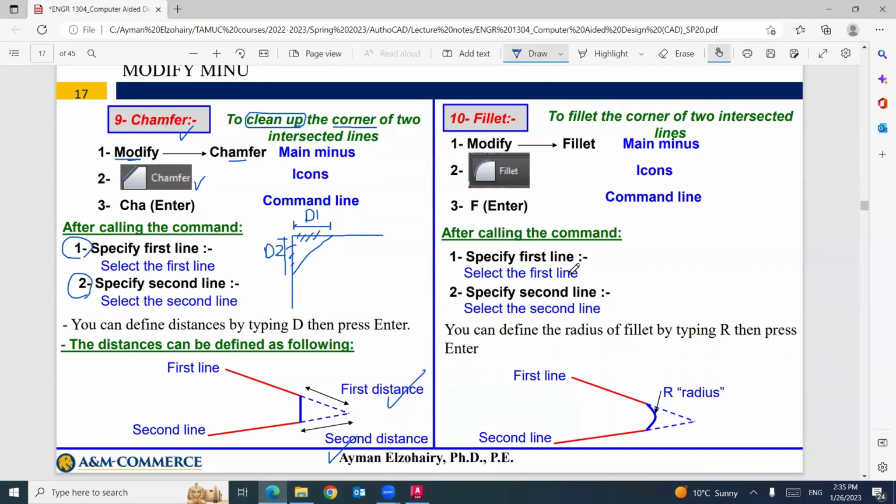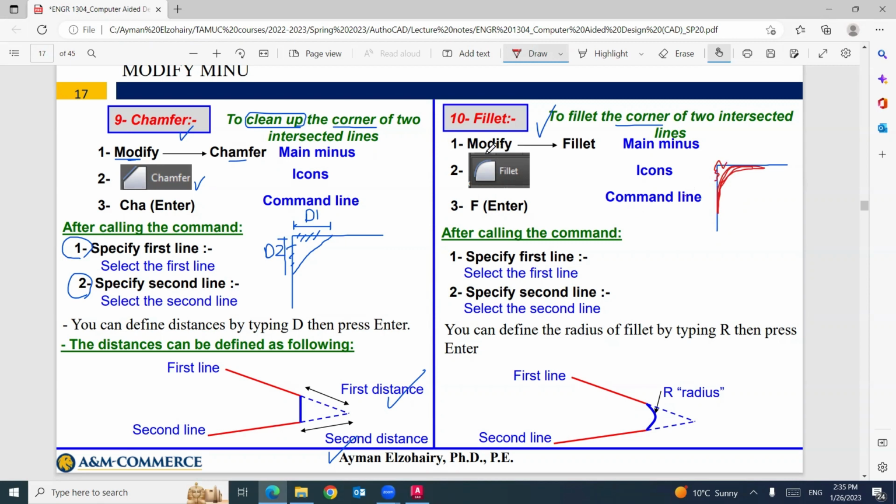These are the two most important uses for chamfer. The next command is called fillet. Fillet looks like chamfer, will adjust the corner, but making a fillet. If you have this line and this line, I can make fillet by a curve between the two lines and then remove these parts.